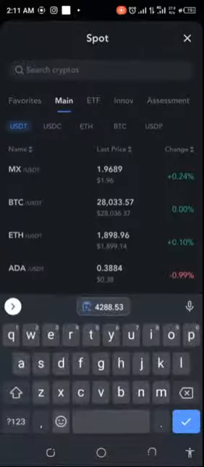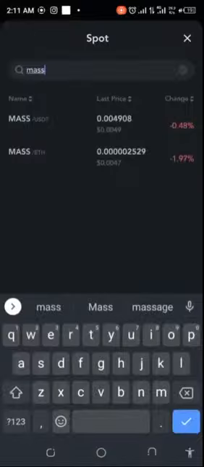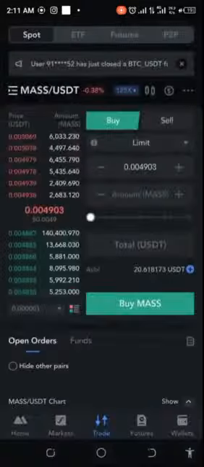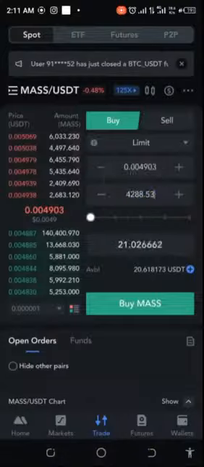Mass what then? That's mass USDT. Okay, let's go ahead and see how this will go. Let's click on this and put that there. Oh, 21.02. That's like about 50 cents. That's beautiful. Now, the next thing we want to do is to try and see the level of velocity and